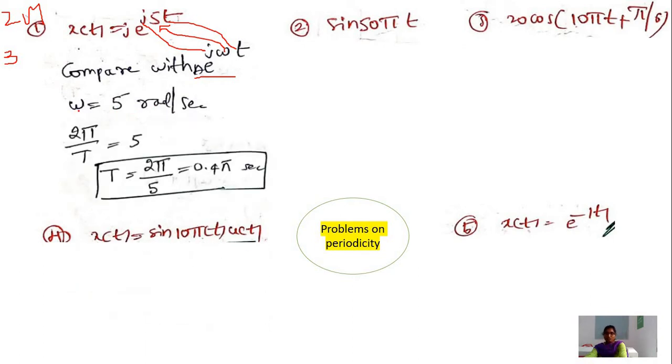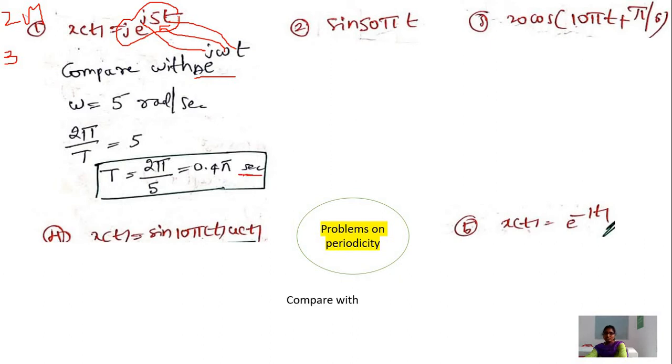Now, you know the formula omega is equal to 2 pi by t, that is equal to 5. From this, find out the time period. Here I am checking the periodicity by observing the question itself. I can confirm this is periodic because it is a complex exponential signal. All the complex exponential signals will be periodic. Once you confirm it is periodic, then finding its time period is the question. Now t, the time period, is 2 pi by 5. The unit of time period is seconds.